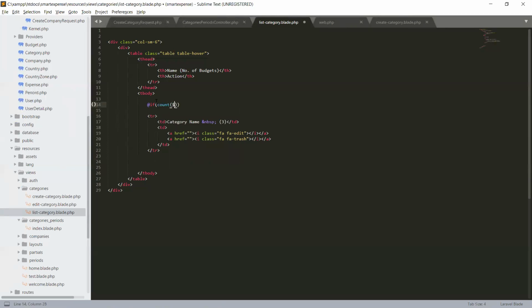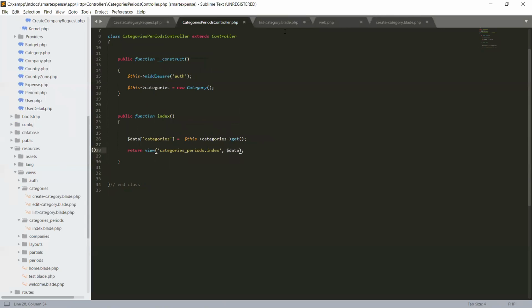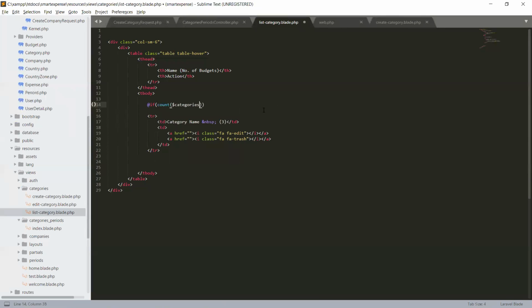So we will count our categories variable that we are sending from our categories controller. If categories is greater than 0, if there is more than 0 value, let's end this if.